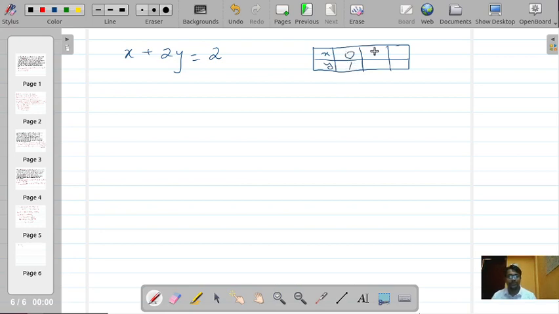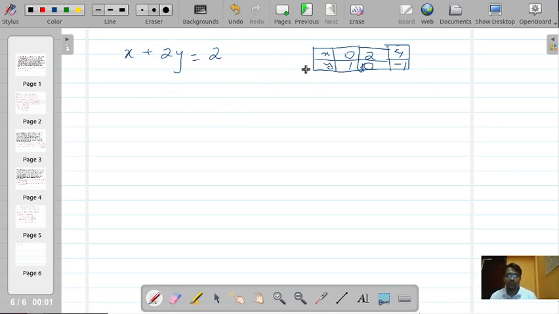y is 1. If y is 0, then x is 2. And then you will also put something like x is 4, then y is -1, right? So yes, this is the correct way of doing it, but